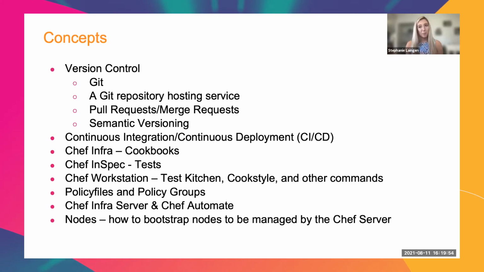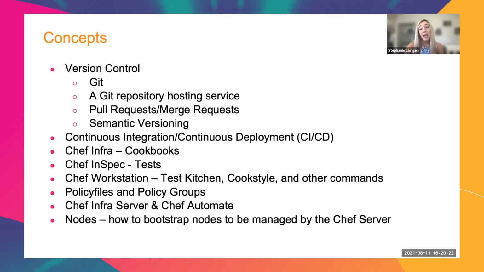In GitLab, they're called merge requests; in GitHub, pull requests. But being familiar with what those are and how those work is going to be really important to following along with this tutorial. Another thing is that we're going to be using semantic versioning. And if you're not familiar with that, I highly encourage you to learn up on it, because it can be a huge advantage for keeping track of code changes among your team, where everyone understands what a version change signifies.